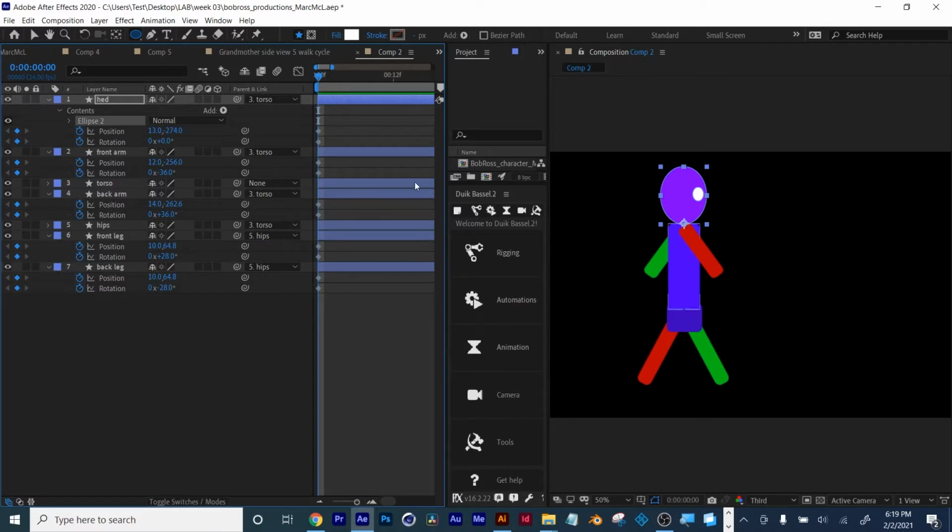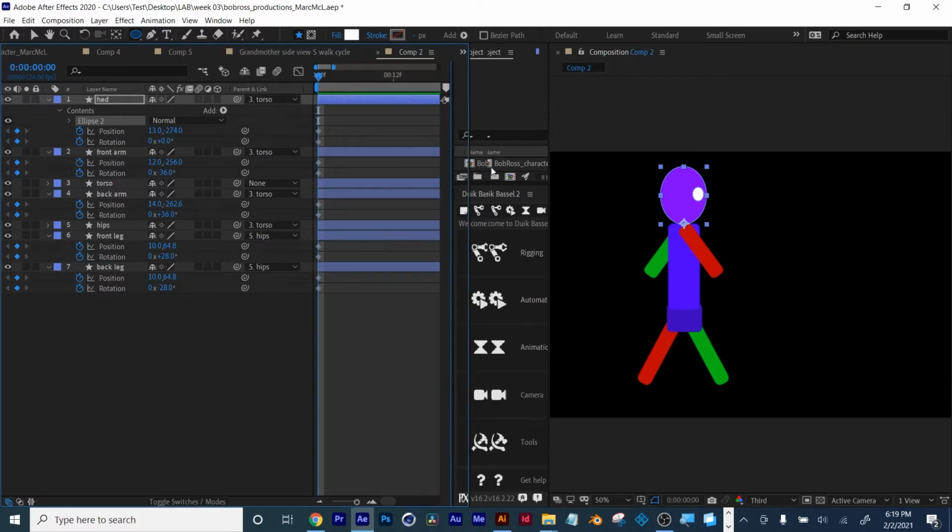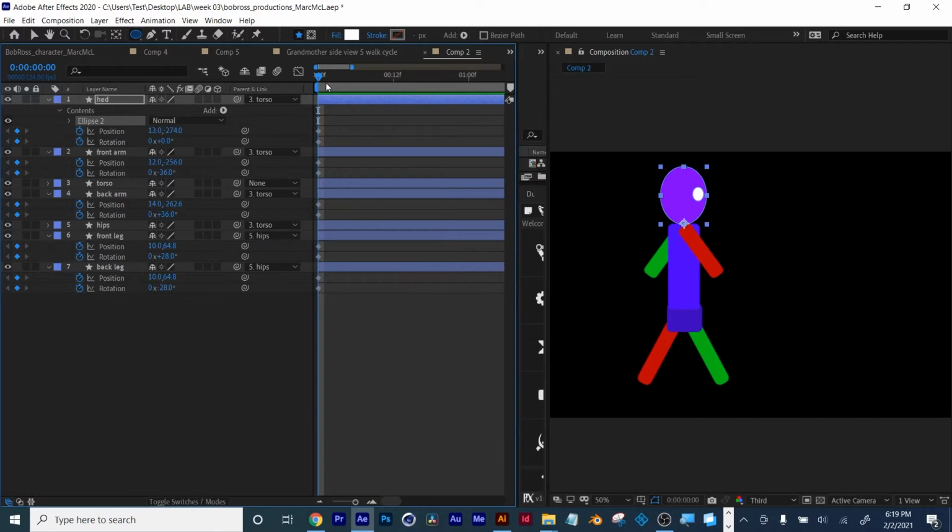Okay, I'm going to go and say, let's pretend this is 1 second we're talking about here, okay? I could get there by going 1:00, and I'm at 24 frames, okay? So